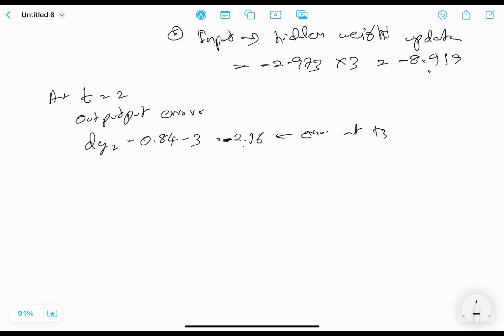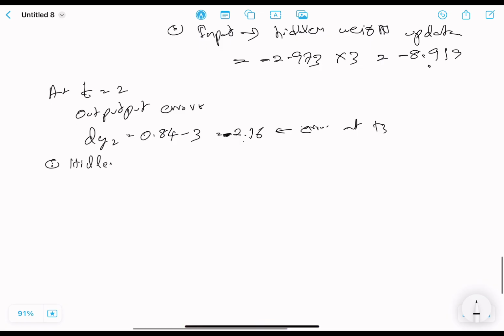Now let's see the hidden neuron error. At time step 2, the hidden neuron error is coming from two places: its own output path as well as the future hidden state, that means t3. Because remember, this is backpropagation, so we are doing things in reverse. We are trying to figure out what causes the error, right? So here